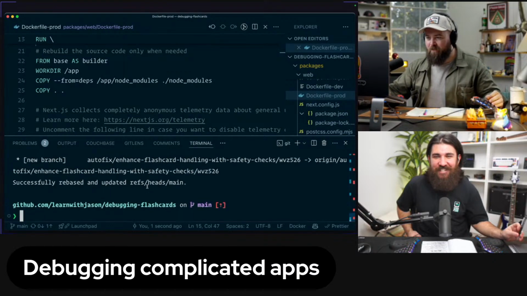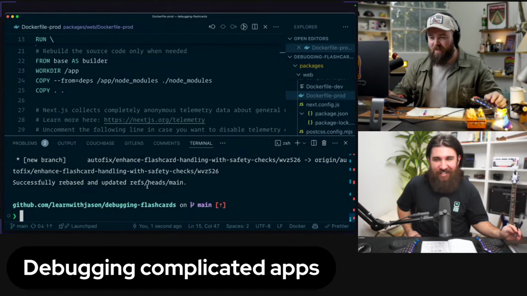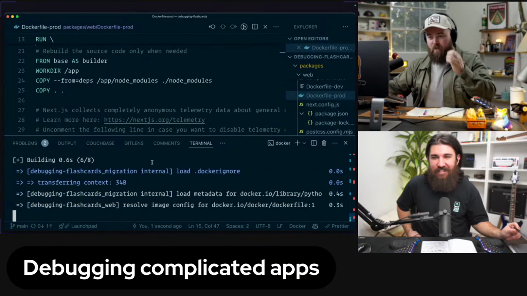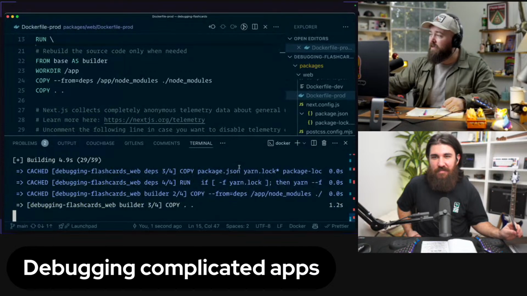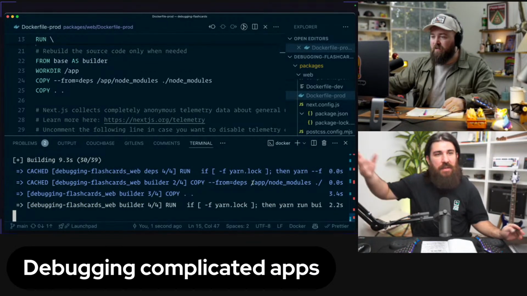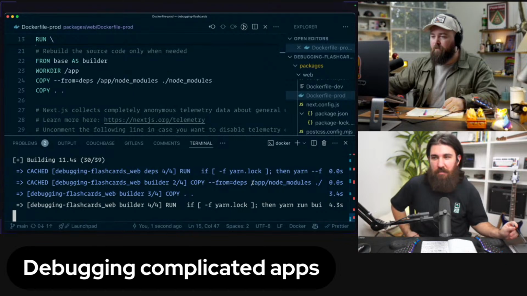All right, here we go. Okay, so that pulls us back in, and then we're gonna run Docker compose build. It should go nice and quick because we've already set up all the services. It won't go nice and quick? Yeah, because we made a bunch of changes to the web. I mean, the PR introduces changes to the web. So we're gonna wait for Next.js to rebuild again.